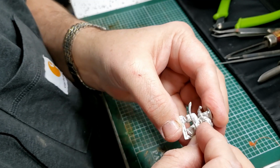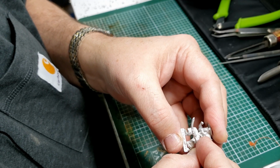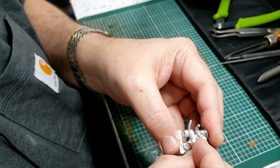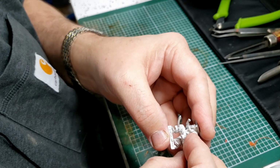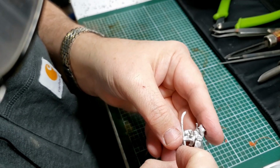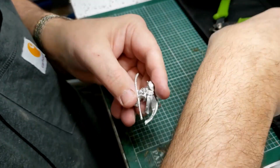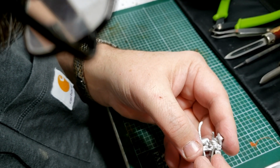Get that as close as I can and then hold it still. Let that glue dry, or set at least. Yeah, see, it's still moving around. So I want to make sure it's set in there properly, and I don't think it is, so I'm gonna,